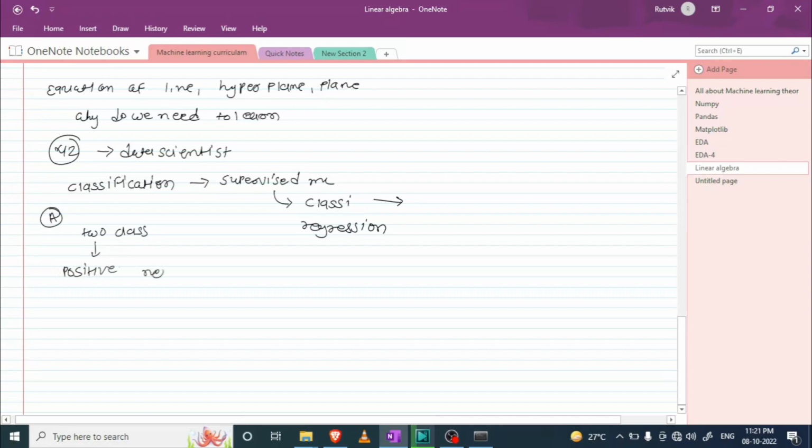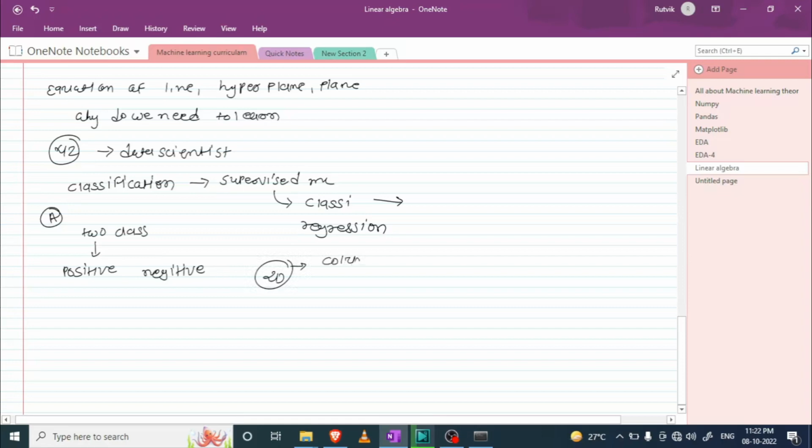So you need to identify which class this particular data point belongs to, either positive or negative. After understanding the business problem, you collect the data, and now it's time to pre-process the data. If you have only two-dimensional data, suppose you have only two columns in the data set,